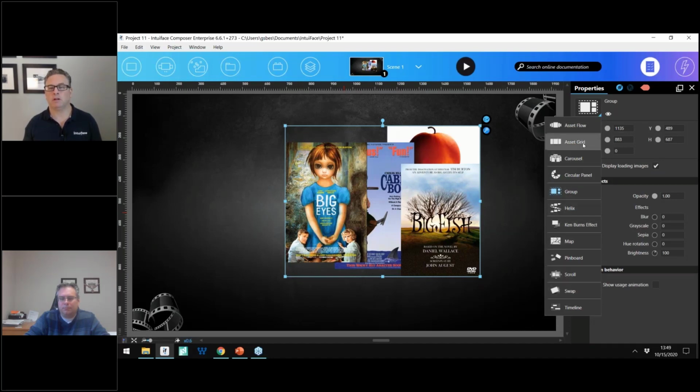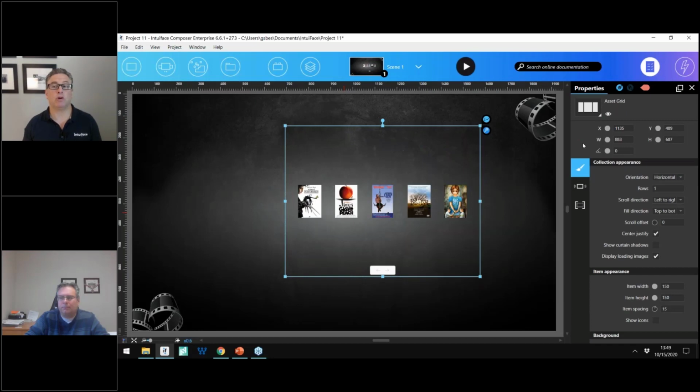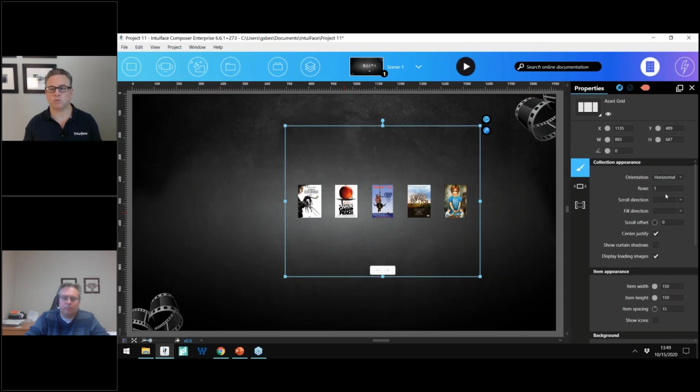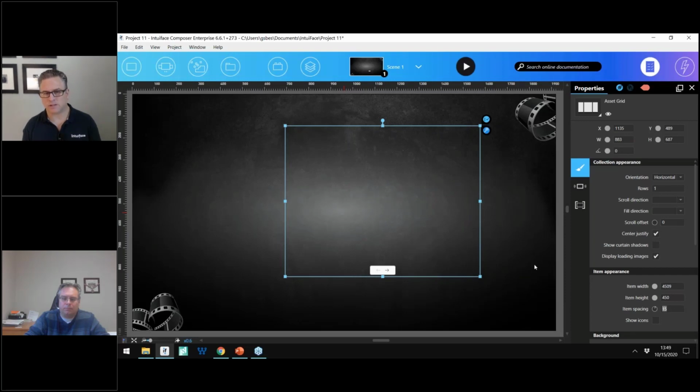For example, the asset grid, which is rows and columns. It defaults to 1 row, multiple columns. If you look on the right, for example, orientation, I can change that from horizontal to vertical. So really, what you see is what you get. I can rapidly play with these properties. For sure, I'm going to change item width and item height. So in the bottom right,